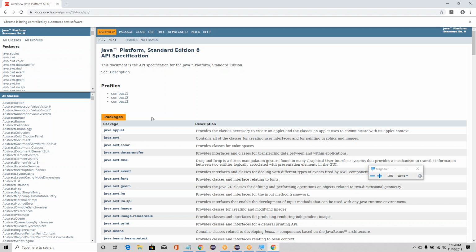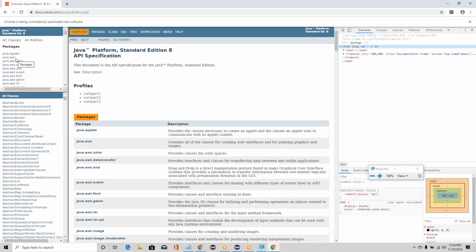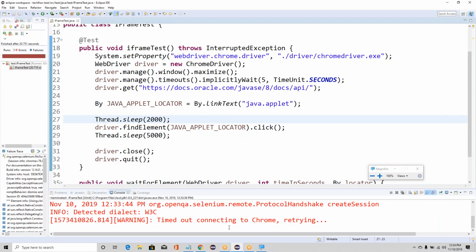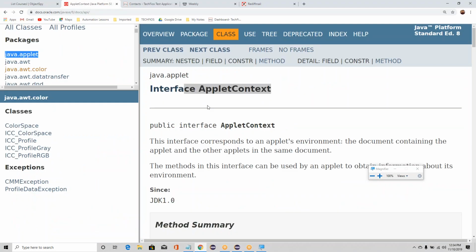Driver is in some other frame. This is probably not the default frame. Maybe this is the default frame. Okay, so we need to bring the driver to this frame. We already know that that frame has a name. So let me close this. I think I have another window open here. This frame has a name,